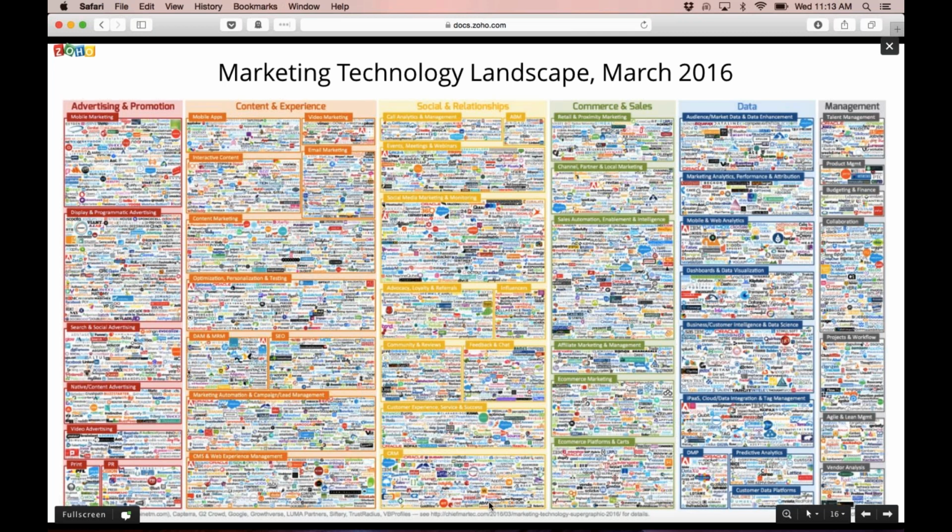In fact, when you look at CRM right here, you can see there's tons and tons of vendors, and up in email marketing, again, there's tons of vendors. I believe there's over 93 or something in this, which is crazy. So this is where you end up when you're trying to find all these different solutions. And of course, the problem is that when you have all these different companies and all these different solutions, it can be really difficult to figure out where you need to start, which vendor will work well, and which